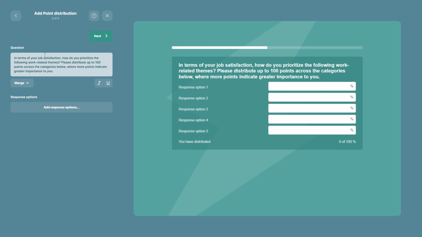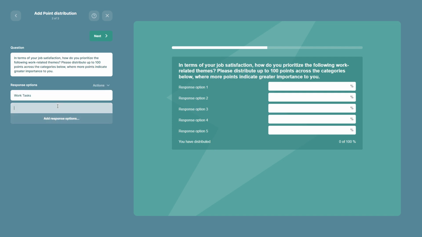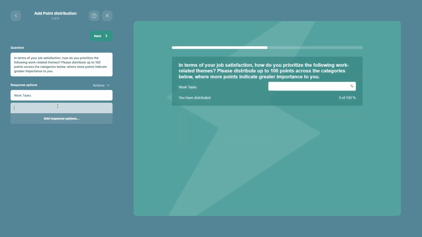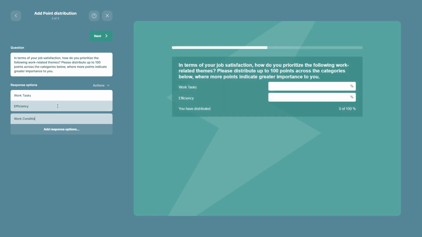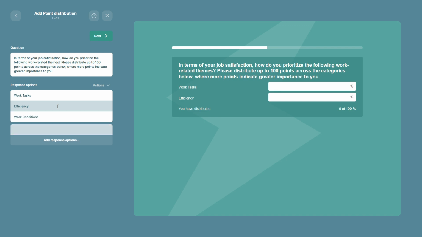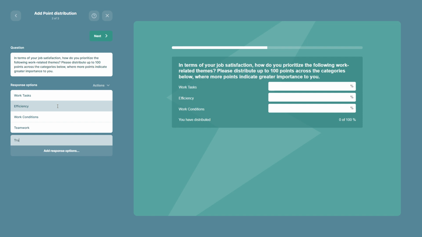And then we can start adding our response options. In our example today, we start with the response option work tasks. And I can simply click the enter button to add the next response option, which is going to be efficiency. Then we add work conditions, teamwork, trust and justice,